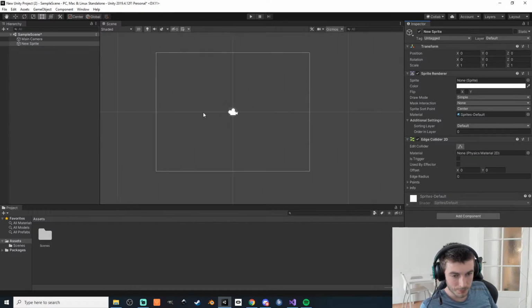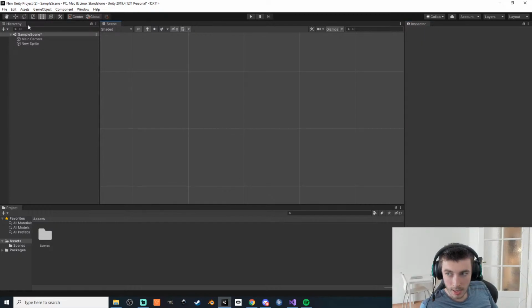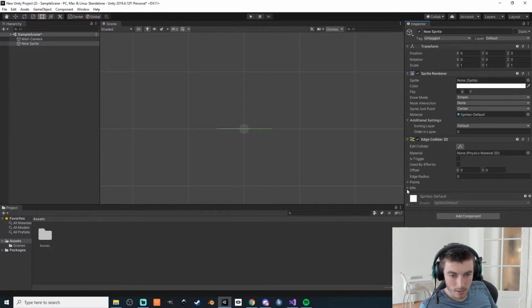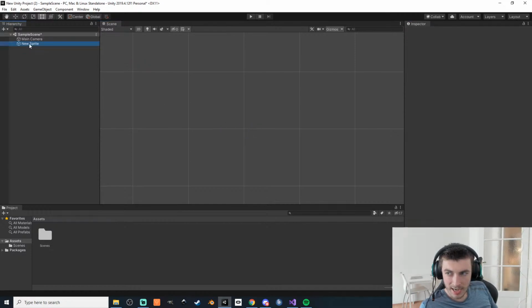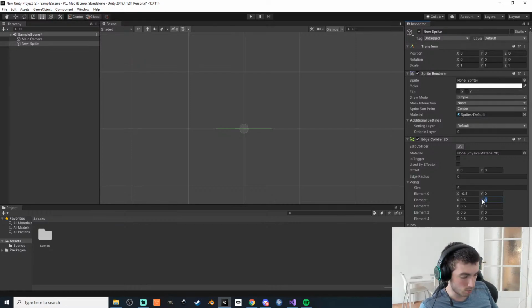Yes, that's what I want. So edge radius, no points. We've got points. How many points? Yeah, so let's say I want 5, and this is cool. I can't modify it in the way I would like to. Say 1. This is cool,